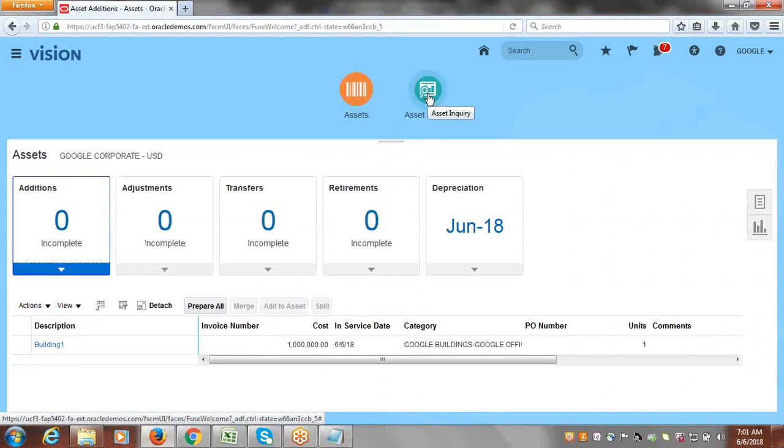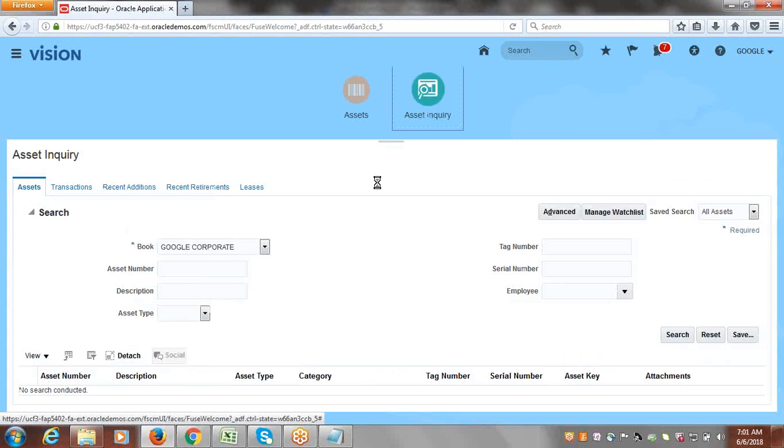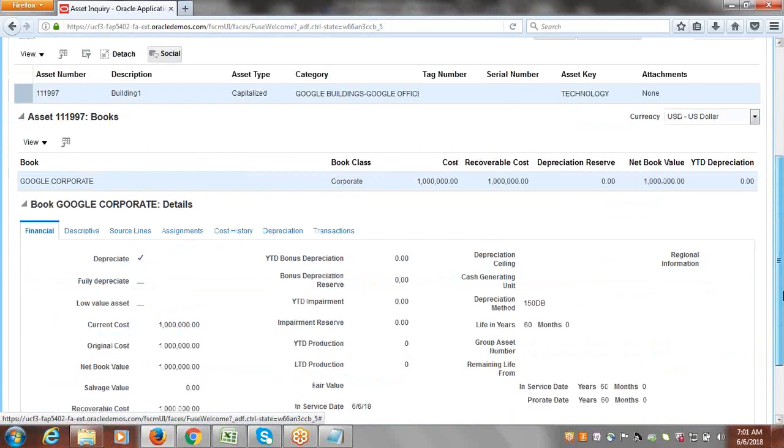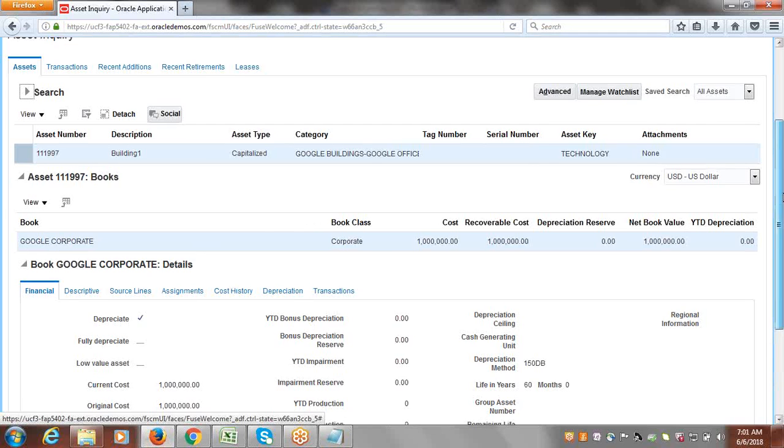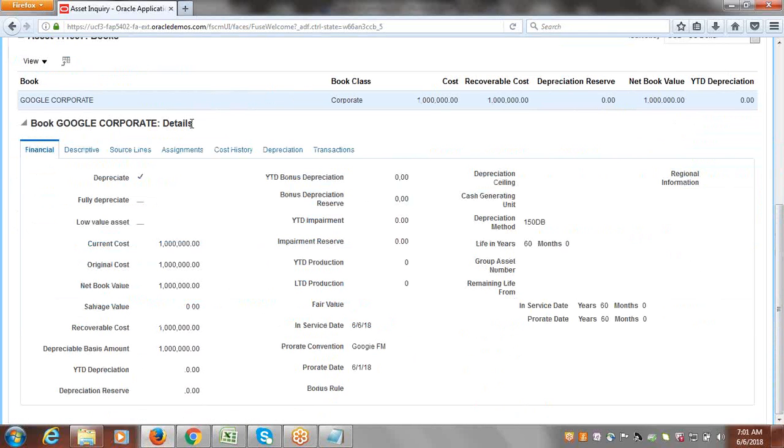and we'll go and find the asset. Go to asset inquiry. Select the task called asset inquiry. And here our corporate book is defaulting. Click on search to find the assets in this corporate book. So one asset, this is the asset number. The asset belongs to the Google corporate book, and the book related details,